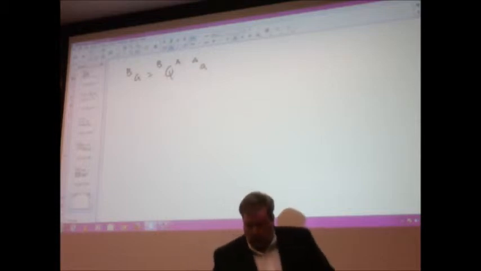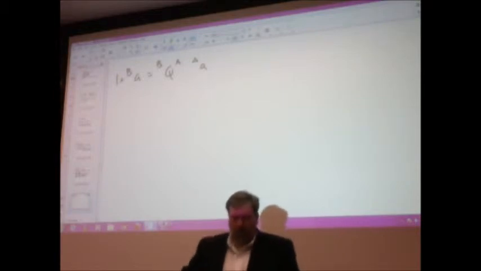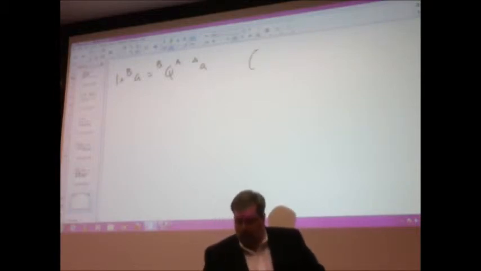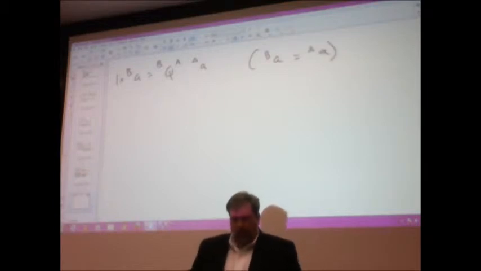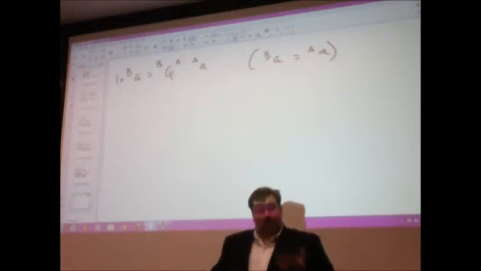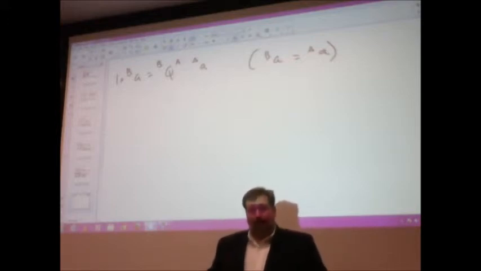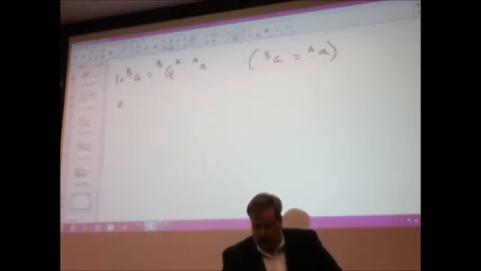If I put the number 1 here, I don't know if that helps you, 1 times that axis. And remember we said the representation in B is equal to the representation in A. So really these are the same vector. So a vector equals a matrix times a vector. Is that familiar to somebody? Yes, it's an eigenvalue problem. Exactly right. So what this says is that little a is an eigenvector